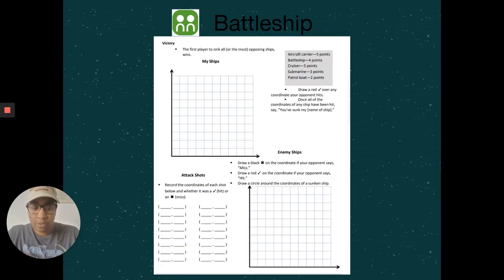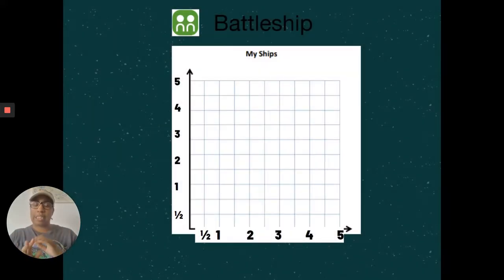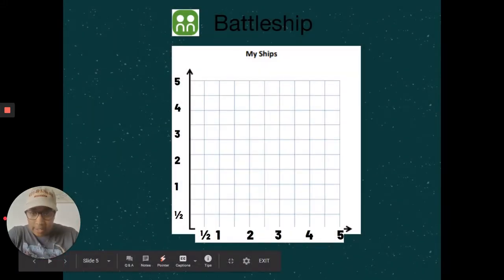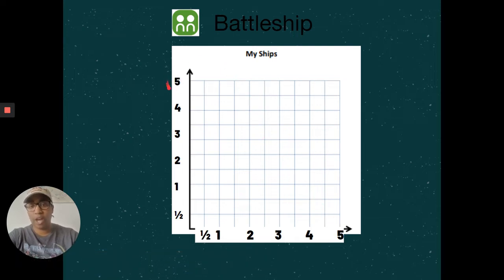All right, so your grid should look something like this. Now, I didn't mark all of the halfway points, but I did mark the first one so that you know in between each of these there should be a half. So this is 1/2, then 1. And this line right here would be 1 and 1/2 because it's between 1 and 2. Same thing for 2 and 3, 2 and 1/2, 3 and 4, 4 and 5. But 5 should be the maximum, all the way to 5 on your x-axis and all the way to 5 on your